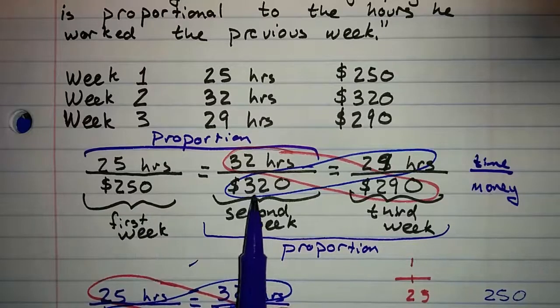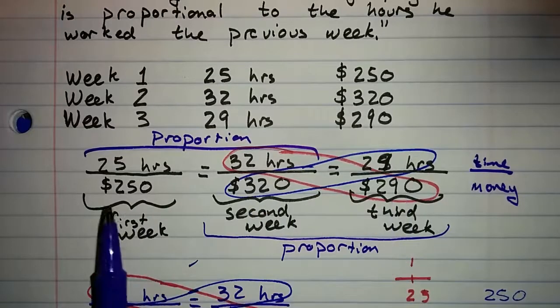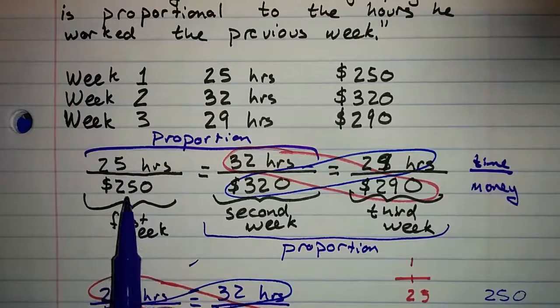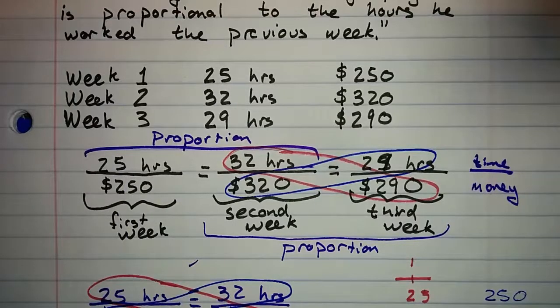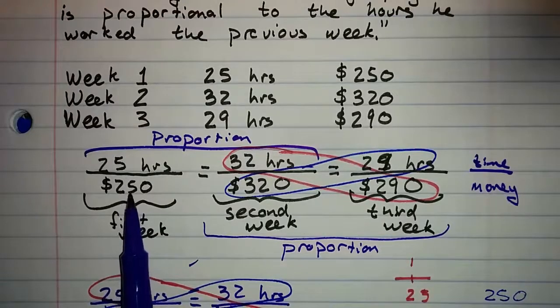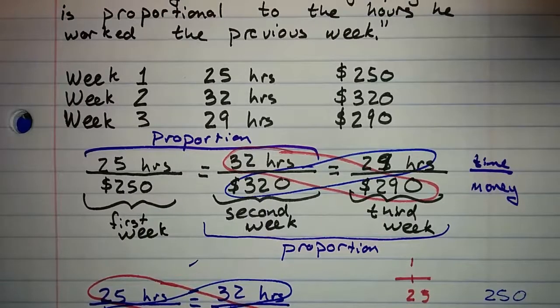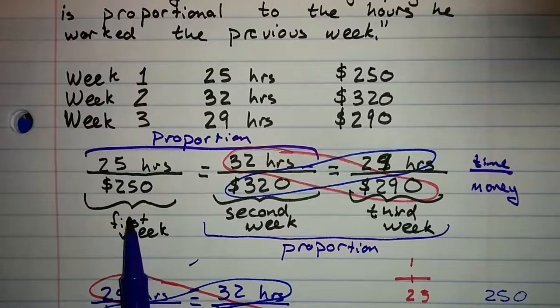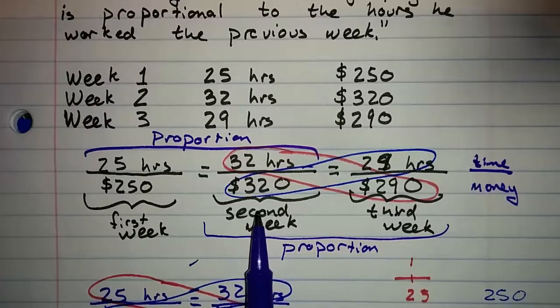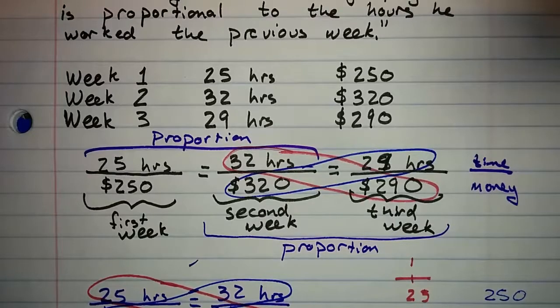And also notice that for each ratio, the numerator and denominator came from the same week. I couldn't swap information from the first week with information from the second week and hope for it to work. The ratio from the first week should equal the ratio from the second week, should equal the ratio from the third week. I'm going to give you one of these to try. I'm just going to give you 2